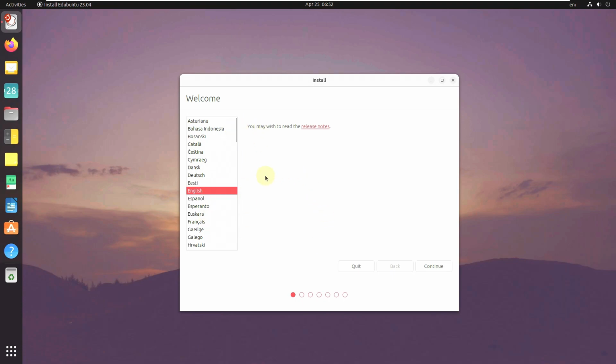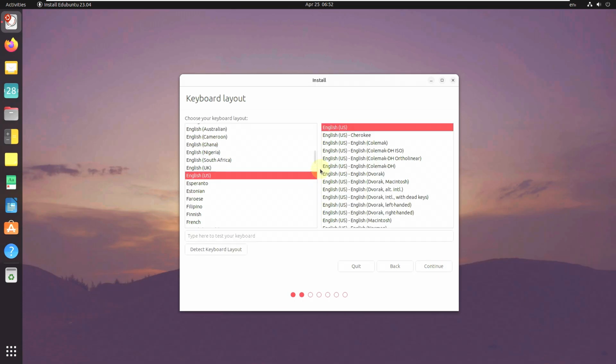This is the same basic installation process in every Linux distro, so no need to be scared of anything here. There is nothing complicated here. So first you need to choose your language. There are plenty of languages. Click on continue. I'm going to choose English as a language, and here is the keyboard layout. You need to choose your own language here. I'm just keeping English United States on both sides. You can test your keyboard even here. You can detect your keyboard layout also. Click on continue,